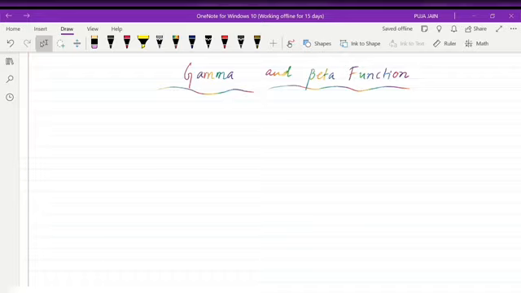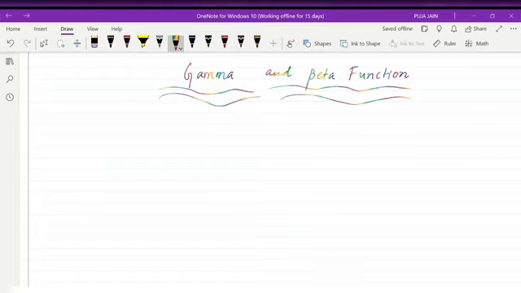Today we are going to study gamma and beta function. This, that is gamma and beta function, is a very useful topic. It's a fundamental topic we should know, with some concepts regarding it. It will be useful while solving many integrals, and also sometimes we get a direct question regarding gamma and beta function. Okay, so today we are going to study this and we will calculate some integrals regarding it.